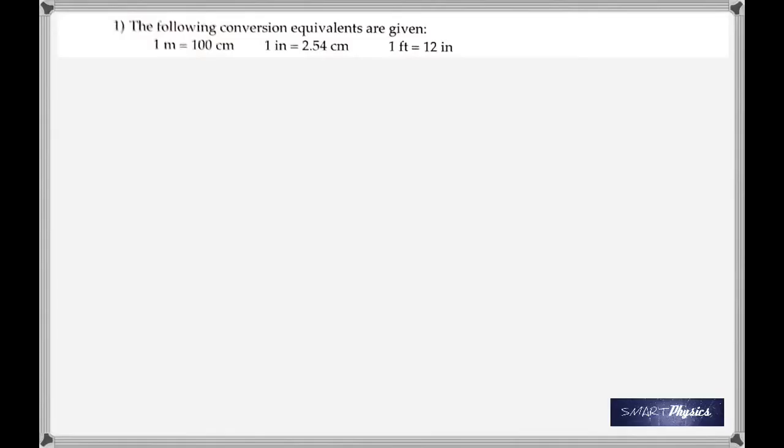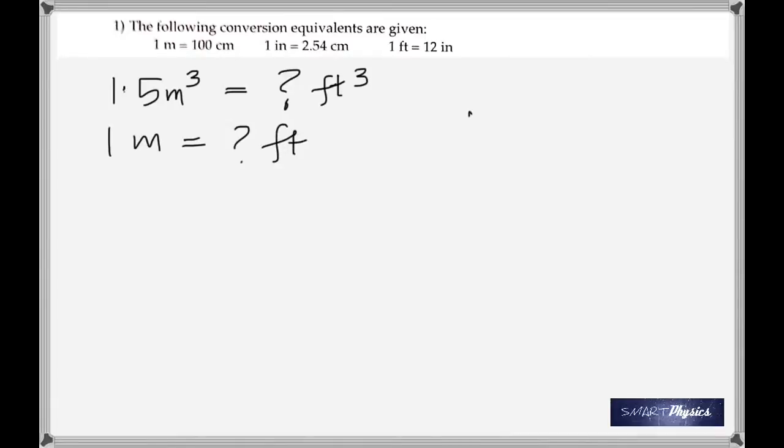Here it is. First question gives you the conversions. 1 meter is 100 centimeters, 1 inch is 2.54 centimeters, and 1 foot is 12 inches. And you're asked to find how many feet cubed you would have in 1.5 meters cubed. First, let's find out how many feet there are in 1 meter, for which